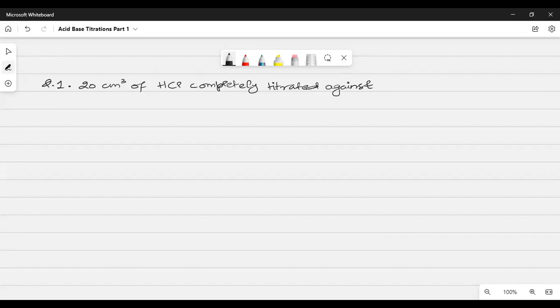Titration is actually the second last part of chapter number 5, just the previous chapter. If you go through those videos, you'll understand that too. Okay. So completely titrated against 25 cubic centimeter of 0.1 mole per decimeter cube NaOH,